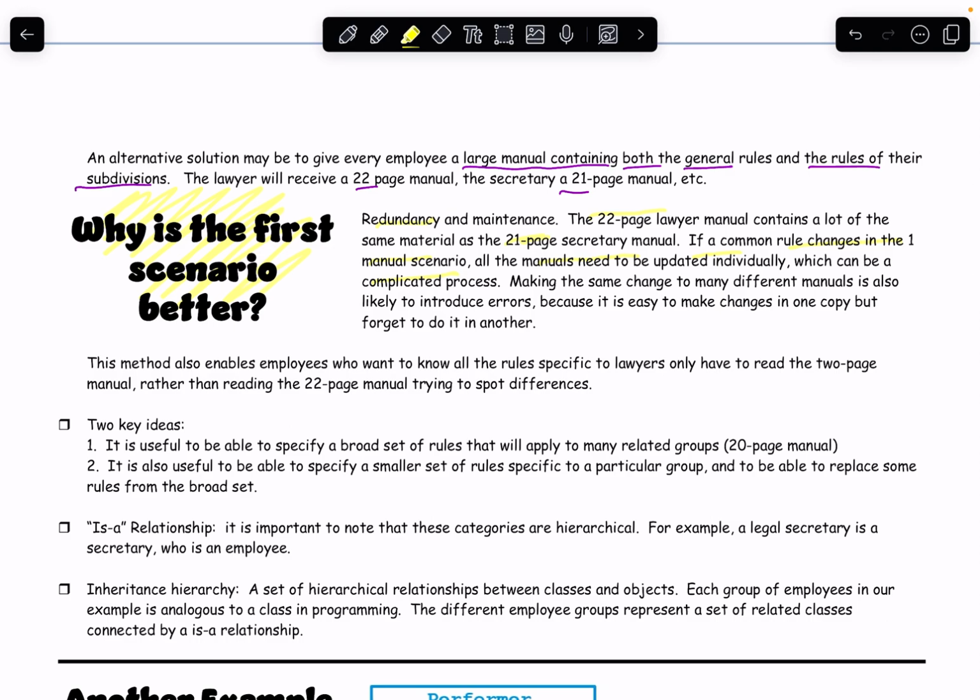It also enables employees who want to know all the rules specific to lawyers only. They only have to read the 2-page manual. Why do I want to go through